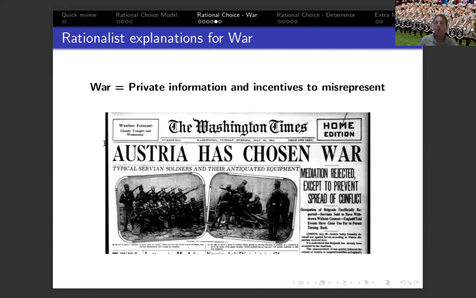So the Germans did not want to appear as aggressive at the early stage of this crisis, so they had incentives to misrepresent their intentions or their willingness to fight in the context of supporting Austria. So again, we go back to one of the incentives I talked about earlier. Germany knew how important it was to them to fight or to preserve Austria as an ally, but they had incentives to misrepresent that. In that case, they didn't want to seem as the aggressor in the case of dynamics in Europe.